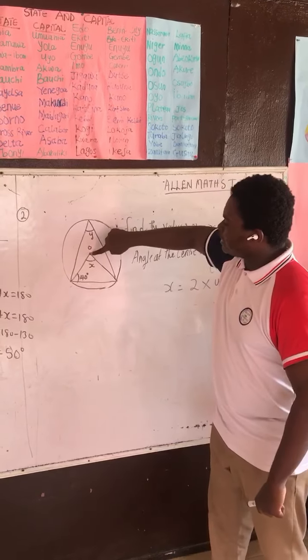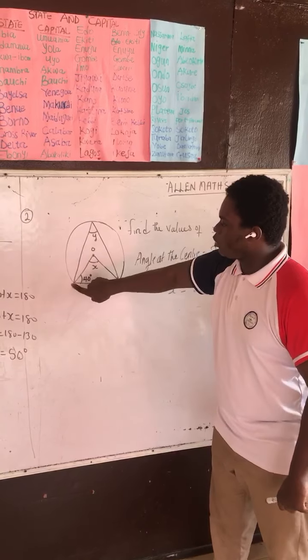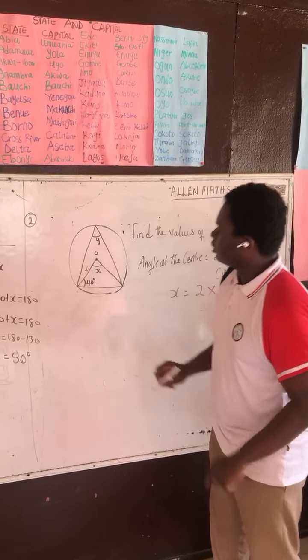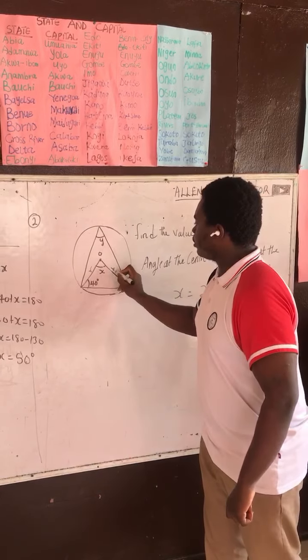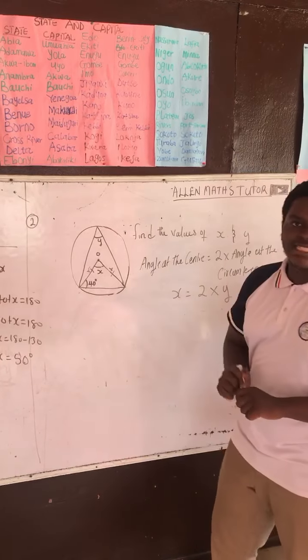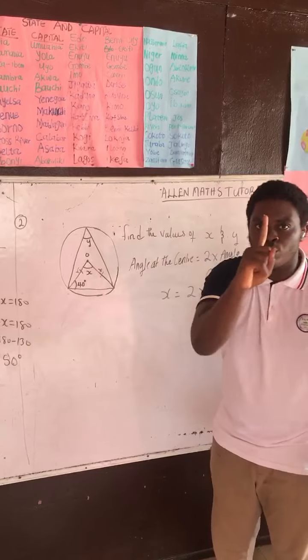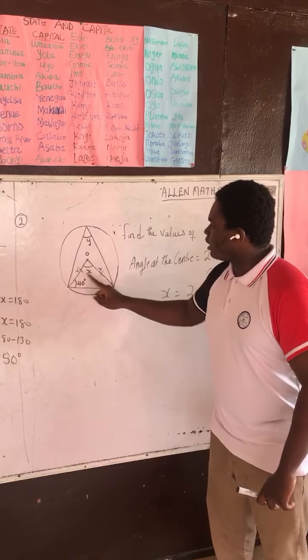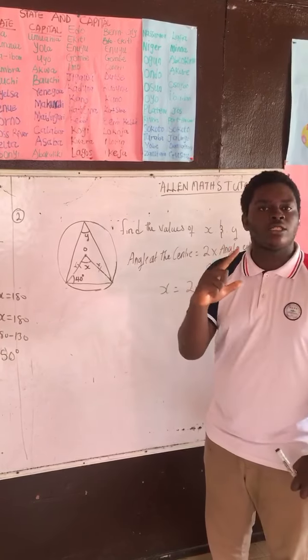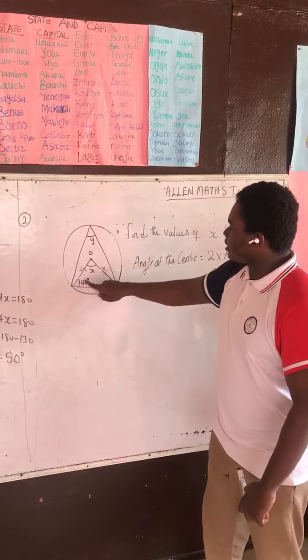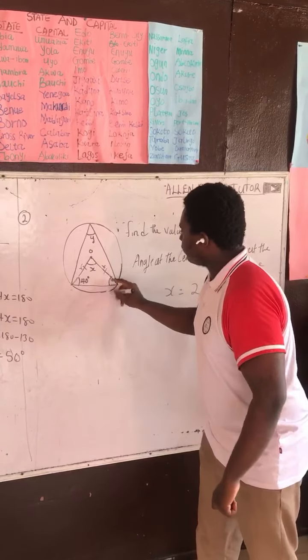A line that runs from the center of a circle to the circumference is called what? A radius. That means these 2 places are what? Equal. In a circle, we cannot have more than 1 radius. That's why I say these 2 sides are what? Equal. And this, we can call this an what? An isosceles triangle. So the angle facing here is equal to the angle facing here. So if here is